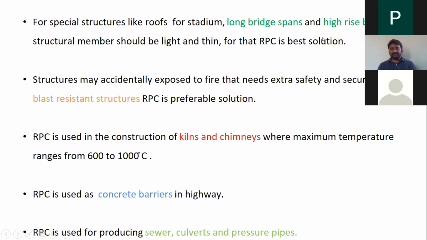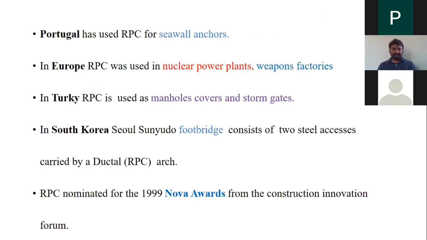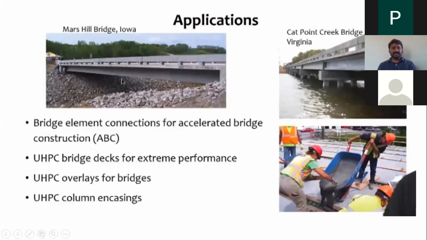So long span bridges, high-rise buildings, blast resistant structures, chimneys, concrete barriers on highways, sewers, culverts, pressure pipes. In all these things we use it. The main application of reactive powder concrete comes in power plants, weapon factories, seawall anchors, and all those things. Okay, so these are a few of the practical applications. As you can see,